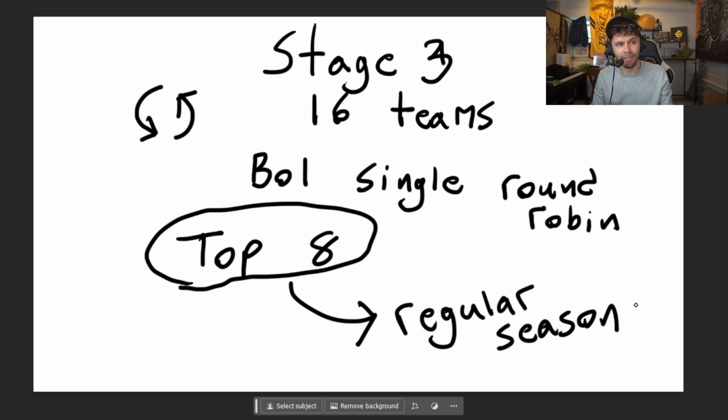There's still a lot of possibility here for dark horses to get through as well, so I think it definitely just adds another layer. It gives some more opportunity for good teams to get through. It gives some more opportunity for possible upsets in stage 3. So I definitely think it's interesting, and I feel like this stage 3 being added on,